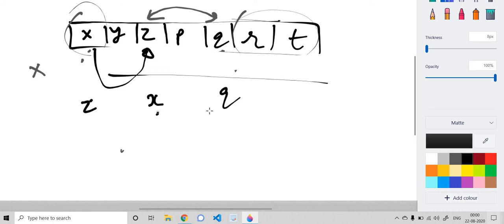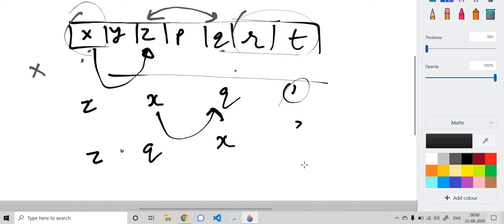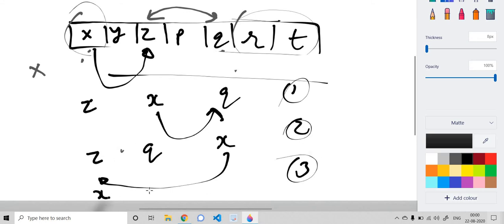After that we can swap x and q, because the GCD is x, that is the minimum element. Then we would be having z, q and x. And in the third step, we can place x in its original position, because we can swap x and z. So after that we would be having x, q and z. So if we see now, q and z have been swapped and they are at their correct position.